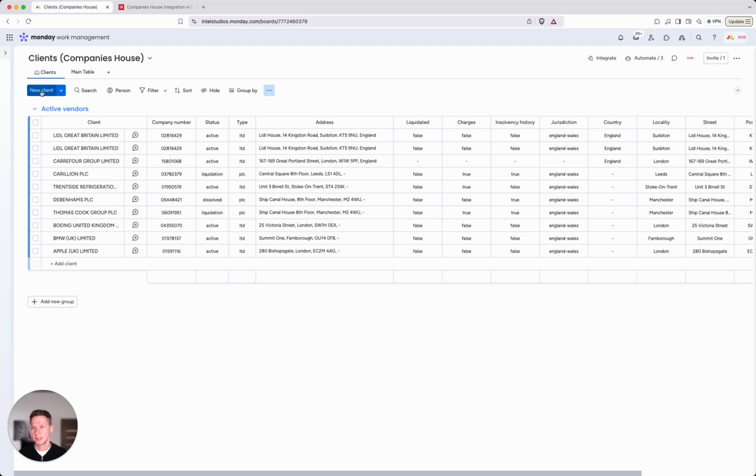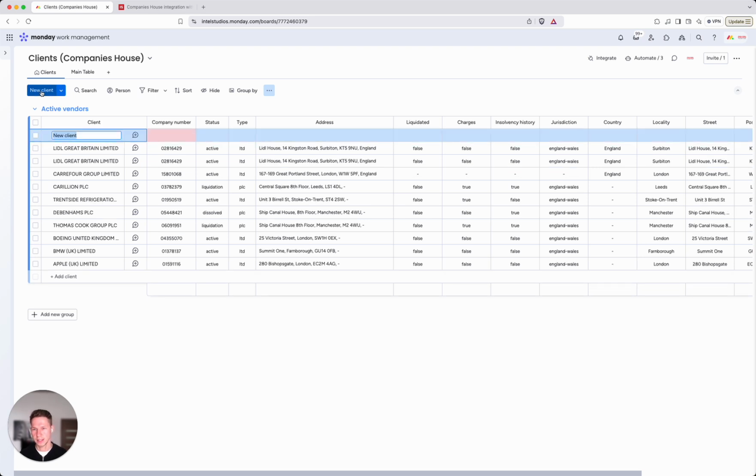So add a new client, basically a new row, and then fill in the company number. Once you fill in the company number, the data are pulled from Companies House, and you can